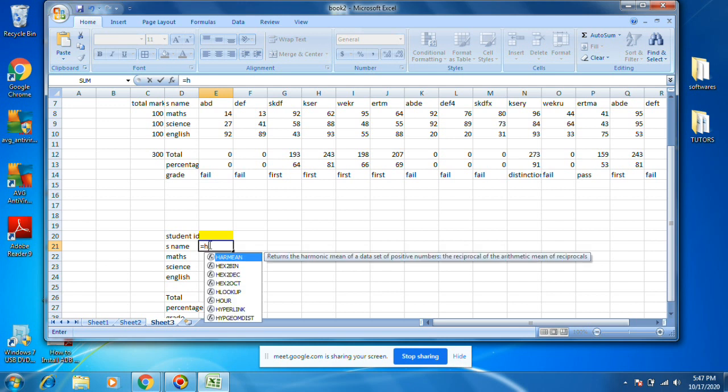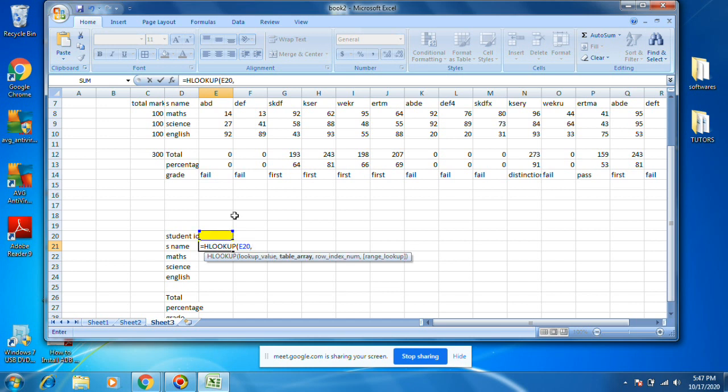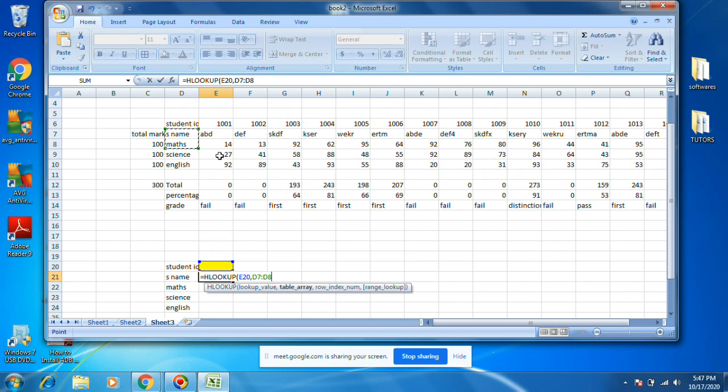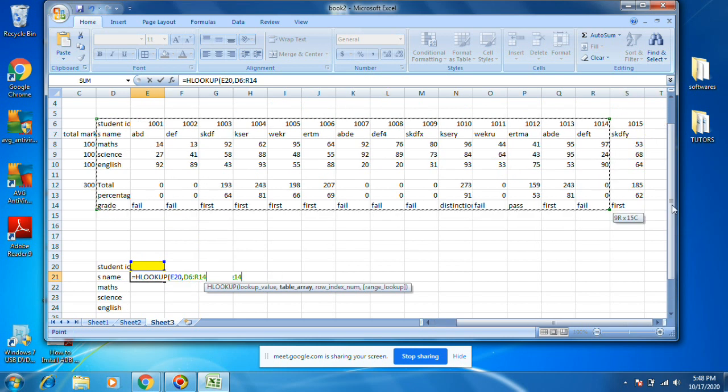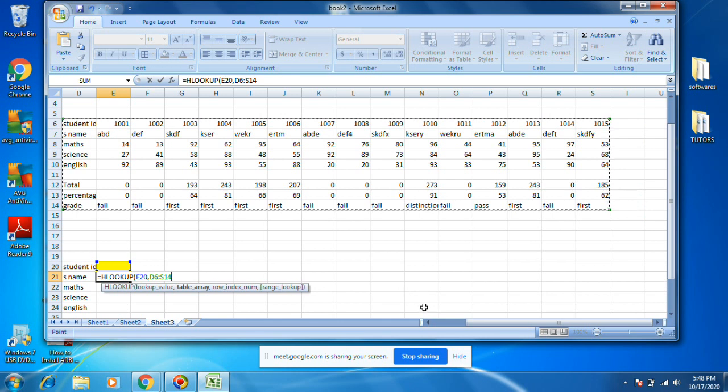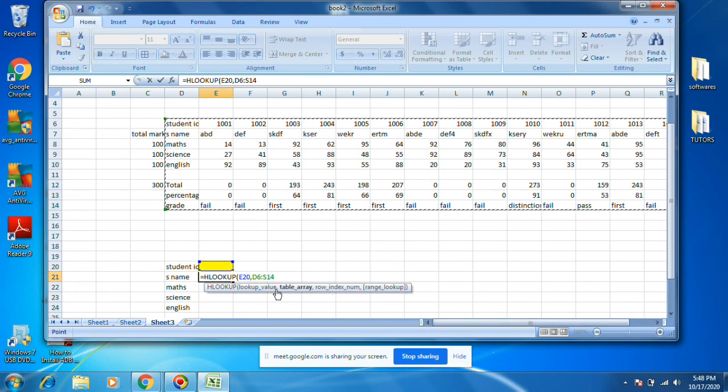HLOOKUP of lookup value. This is the lookup value I want to write. I am writing here. Then table array. Here table array is done. Row index number. First row, second row, third row, fourth row.